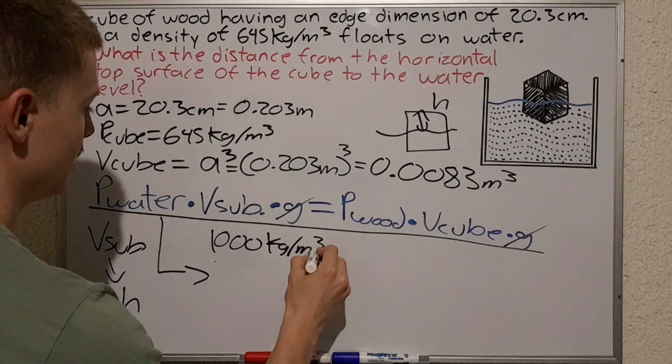So that times the V sub, which is A squared, times H. Now this is the density of the wood, which is right here, 645